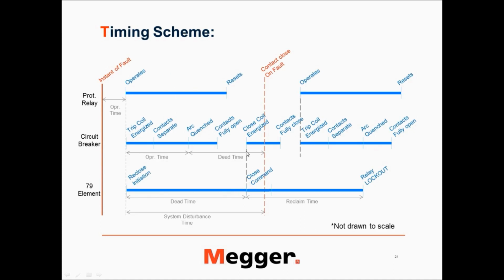Once the circuit breaker receives that close command, the close coil gets energized, and that close coil will try to close the contact fully. All right. So this red line that is here means when the circuit breaker closes,